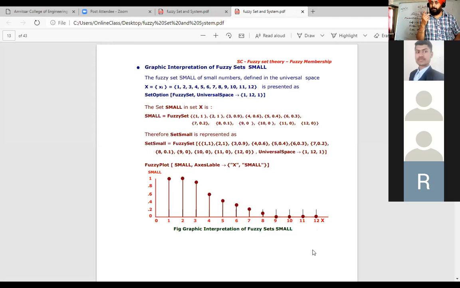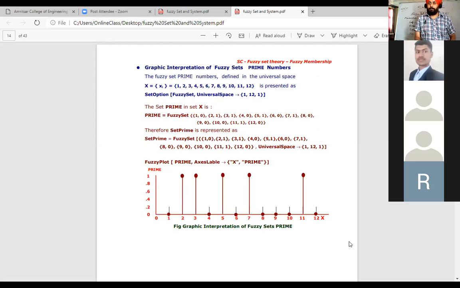देखो fuzzy set के ऊपर देखो set small. The name of the set is set small. Fuzzy set is given. First member is 1. Its degree is 1. So उसकी जो ग्राफ में लाइन है वो पूरी up till 1 तक जा रही है. Then come to 4. 4 की membership है 0.6. तो see यहाँ पे 4 को 0.6 तक लाएंगे. So this is how you can make a graph of a fuzzy set. You can represent a fuzzy set in the form of a graph also.